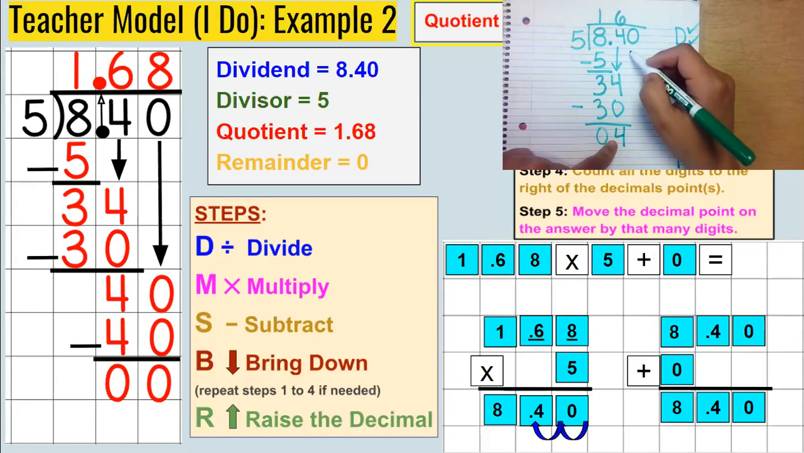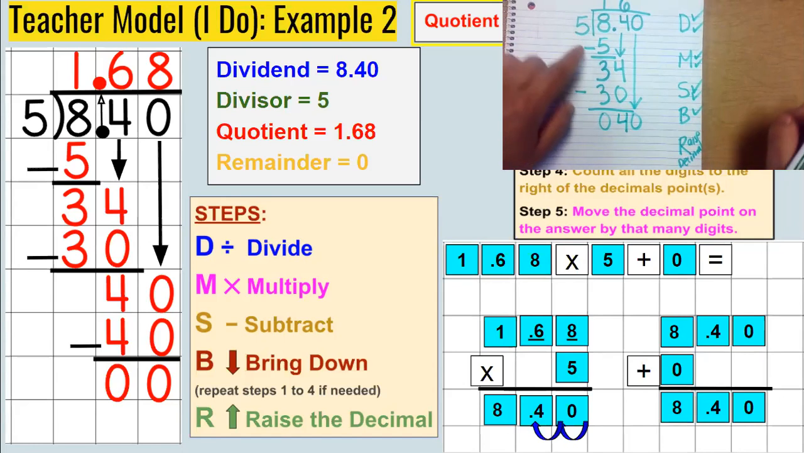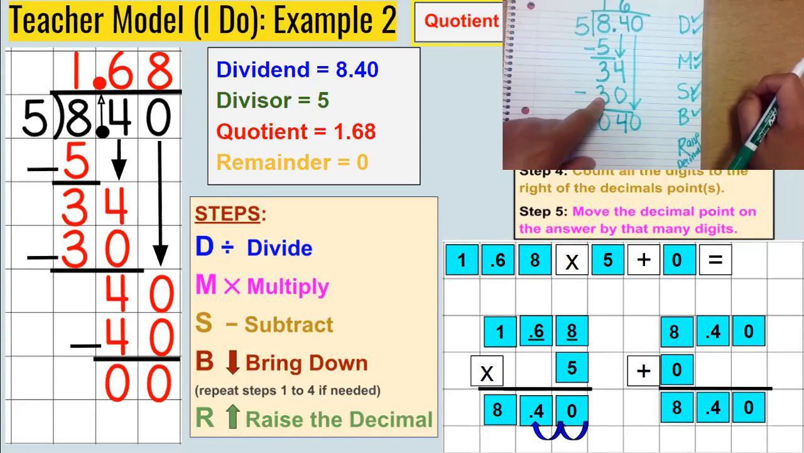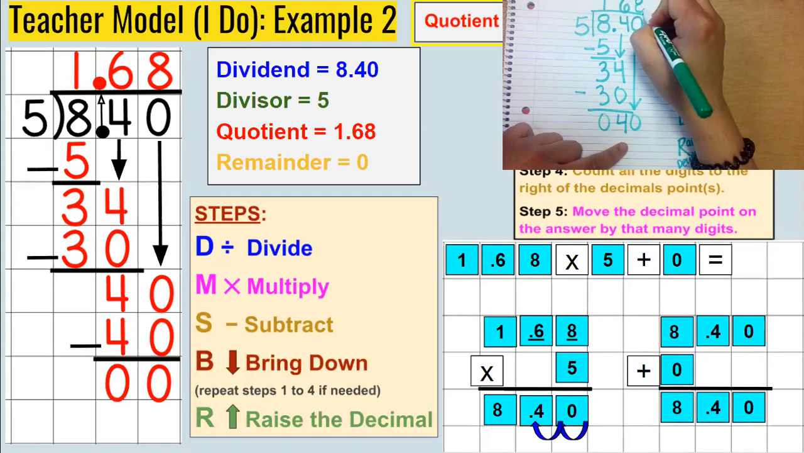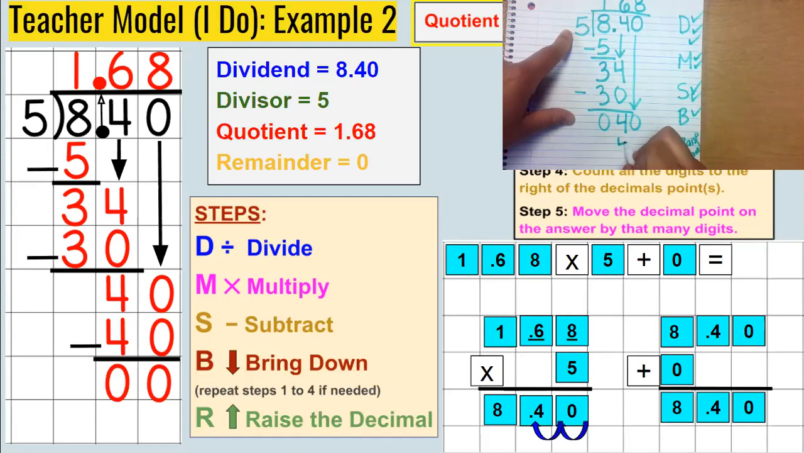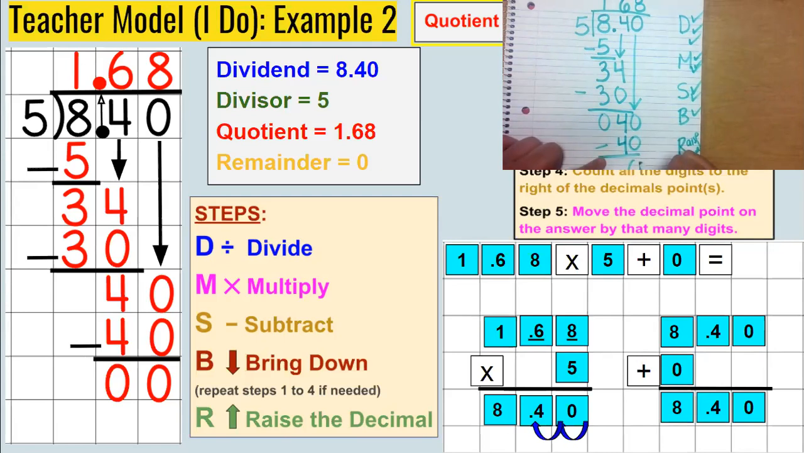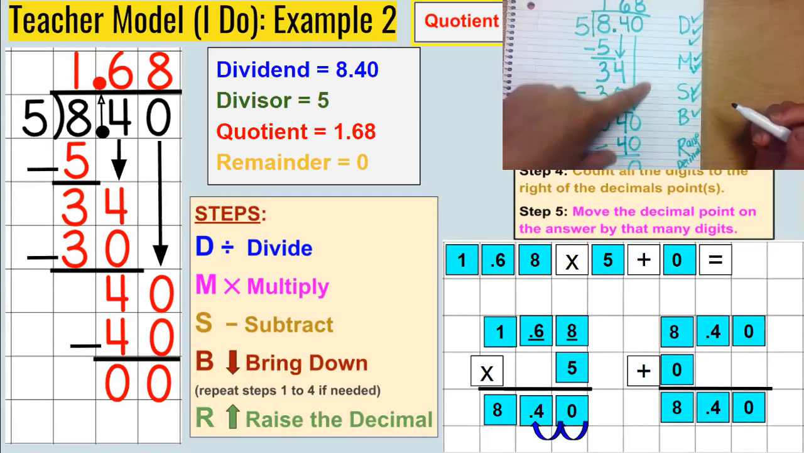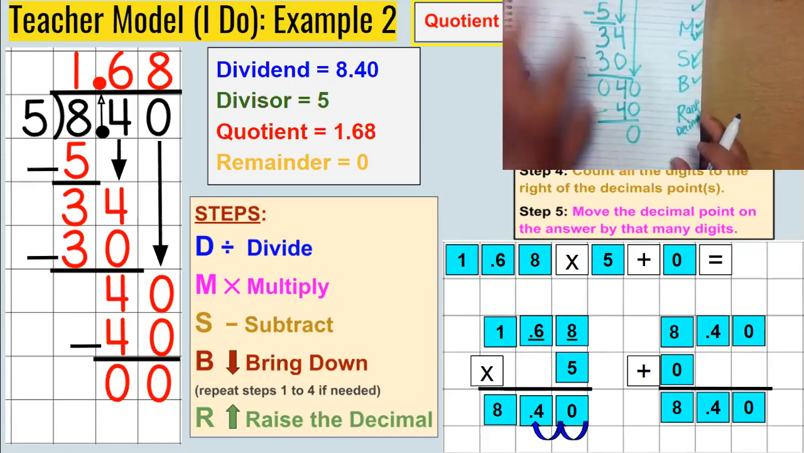And 5 does not go into 4, so I'm going to bring down the 0. Okay, 5 into 40. Well, I know that 5 times 6 gave me 30. 5 times 7 is going to give me 35. And then 5 times 8 is going to give me actually 40. So I'm going to put the 8 above the 0 and multiply. 8 times 5 is 40. And I'm going to put my answer here. I multiplied. Now I'm going to subtract. It's going to give me 0. I have nothing else to bring down. So that means it's time to